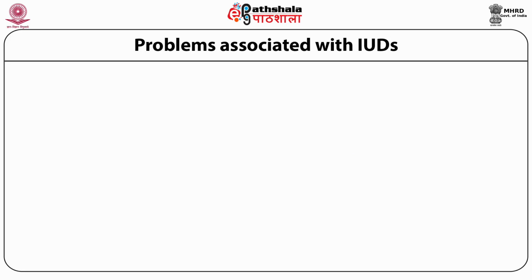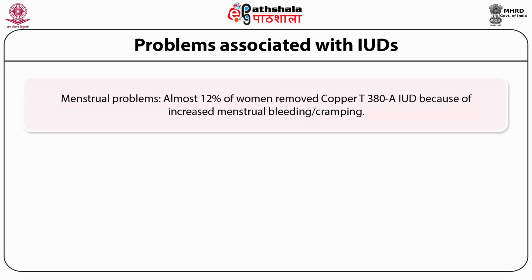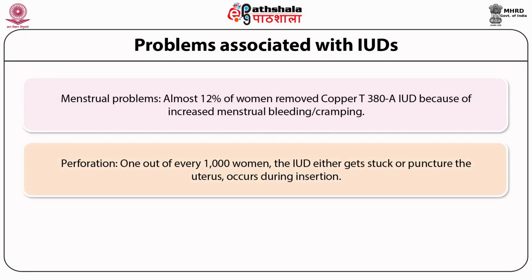Although this system is highly suitable, it is gender specific, and because of gender specificity, it has certain very peculiar problems associated. The first one is the menstrual problems. Almost 12% of women have to remove the copper T380A IUD device because of the increased menstrual bleeding or cramping. Then it might lead to perforation. In 1 out of every 1,000 women, the intrauterine devices either get stuck or puncture the uterus, and this usually occurs